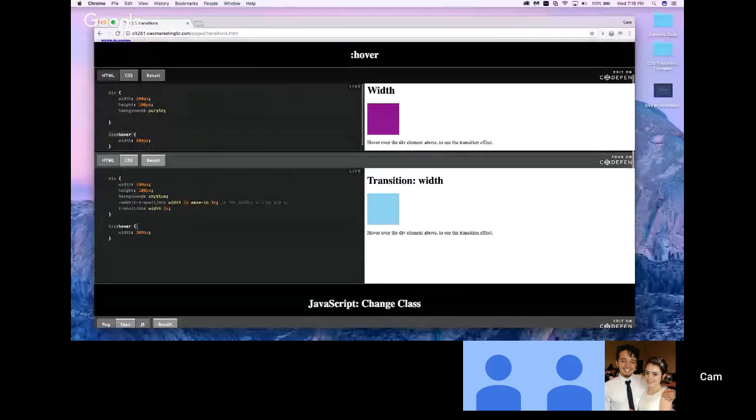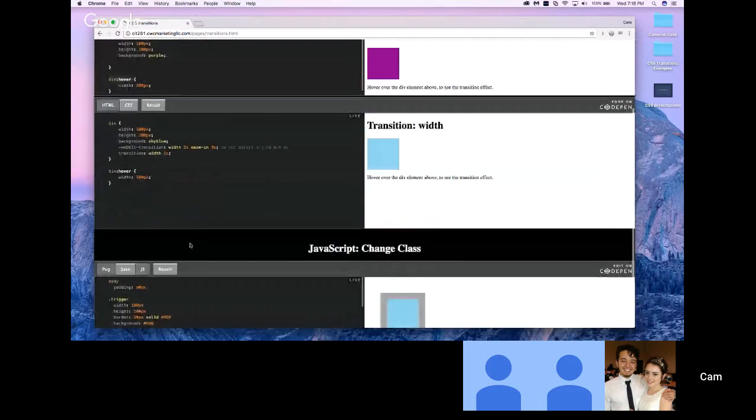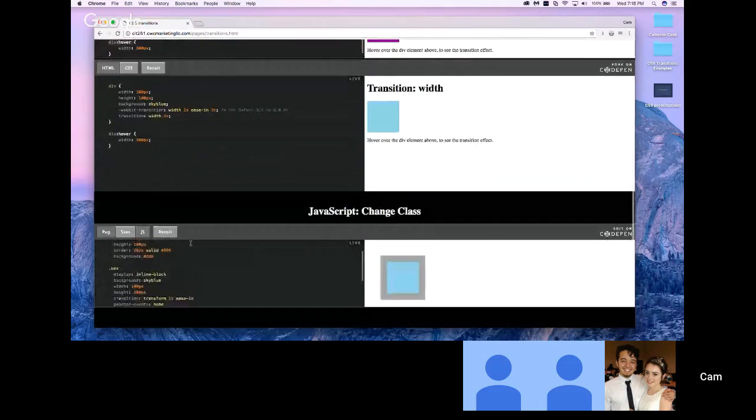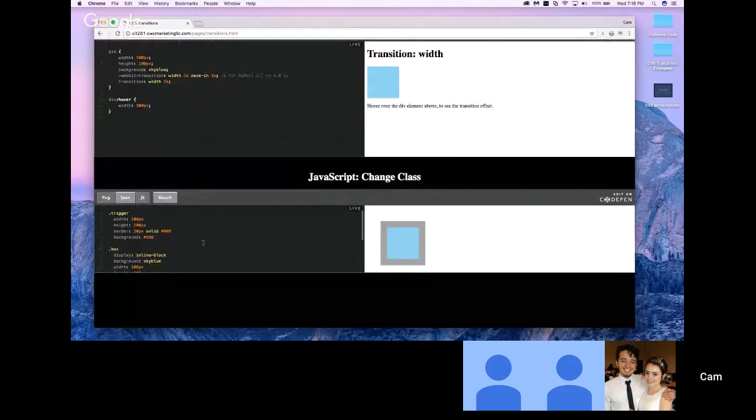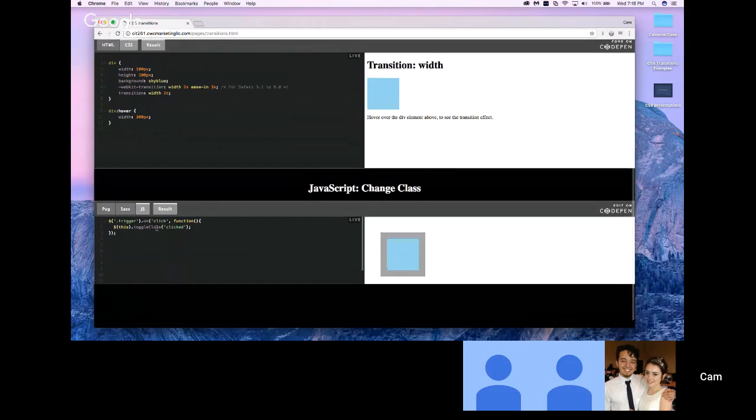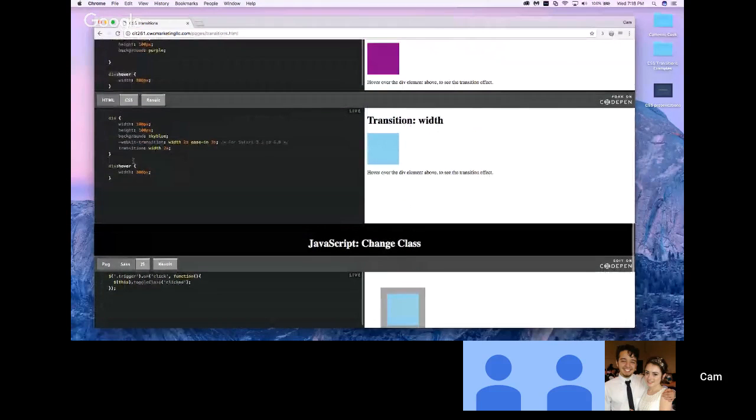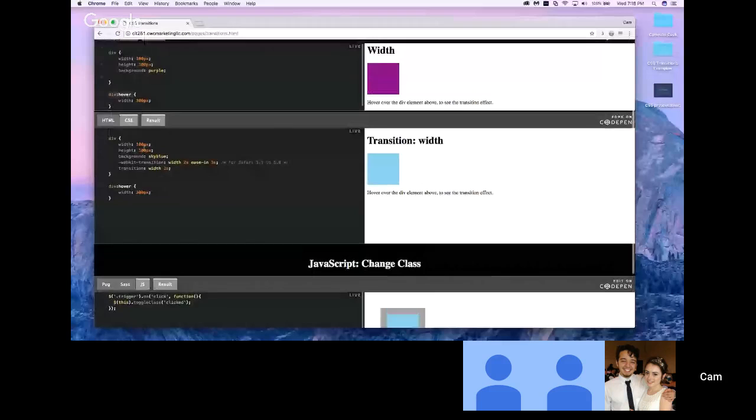So that's using the hover element, and it changes. You can see the transition. So this, you can apply a transition to transform, and you'll see here I used a JavaScript. So what I did was I applied, and I'll show you on this one just so you can see. Basically, what I did was,